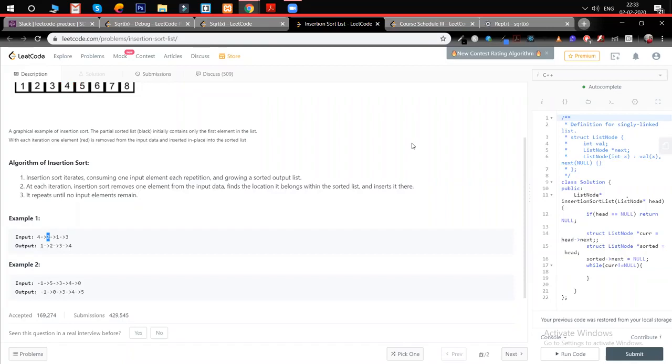Quick thing, if anyone doesn't know about stable sort: any sorting algorithm is called stable if the elements with the same value maintain their relative order. Suppose there are two 3s, then the 3 on the left side will always be on the left and the 3 on the right side will always be on the right after sorting. The 3s are going to stay together anyway after sorting, but they don't change order. If they are on the left, they will stay on the left. If they are on the right, they will stay on the right. That's called stable sort.